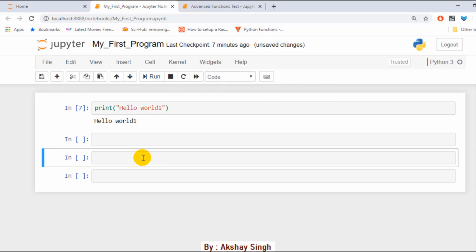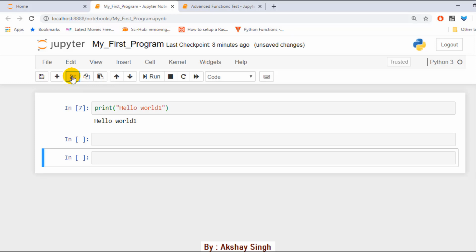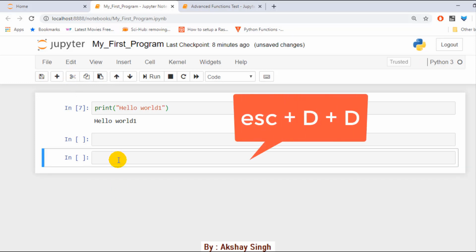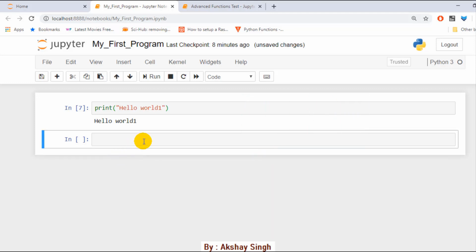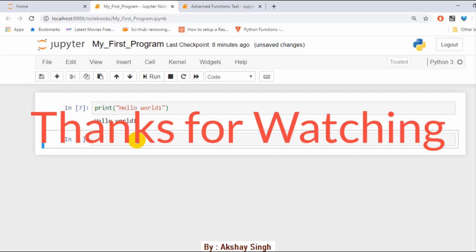Now you want to delete this current cell. You can either go to here and just click, it gets deleted. The shortcut used is Escape and just press D 2 times. See, it gets deleted. So this is a brief description about the notebook. You can find more features on your own. So in the next video we will see some topics, you can say some core topics of the syllabus.